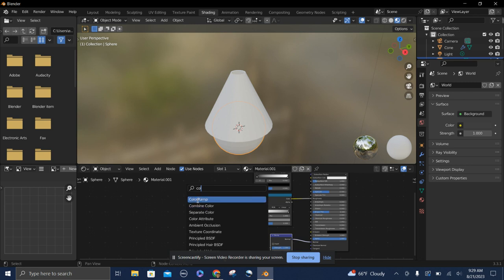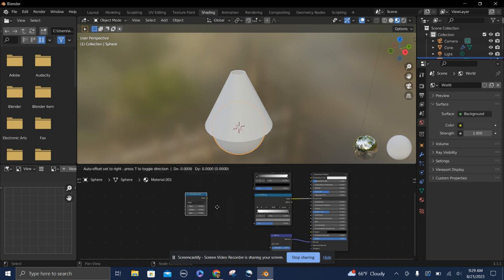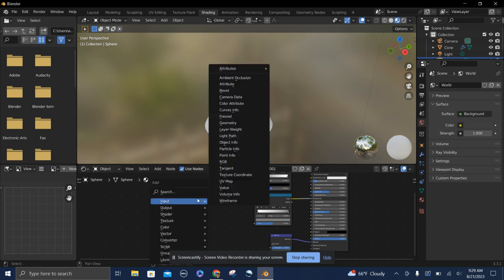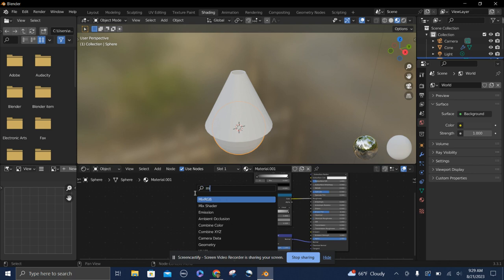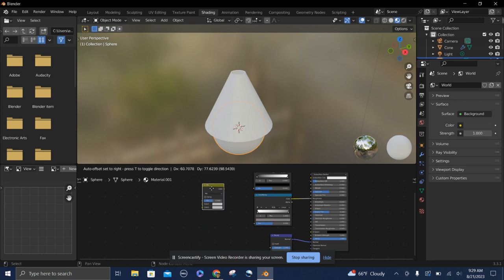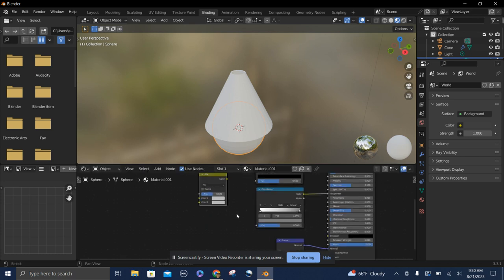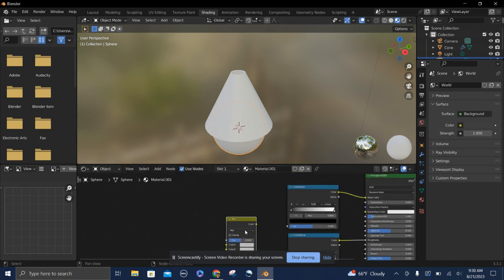What is it? Is it color combine? No. I think it's, hold on, I think it's mix. Yeah, it's a mix. But the reason why I'm thinking it's darken is because this mix right here will get